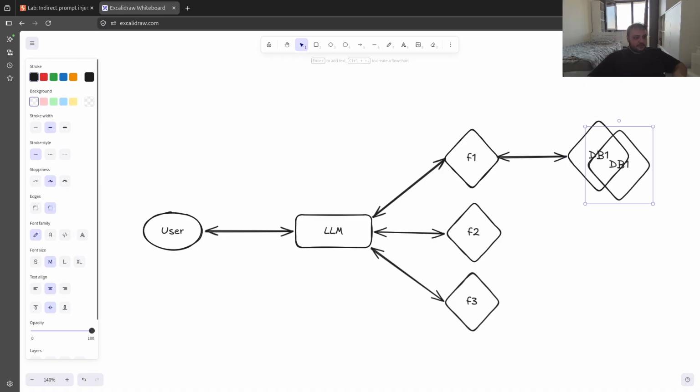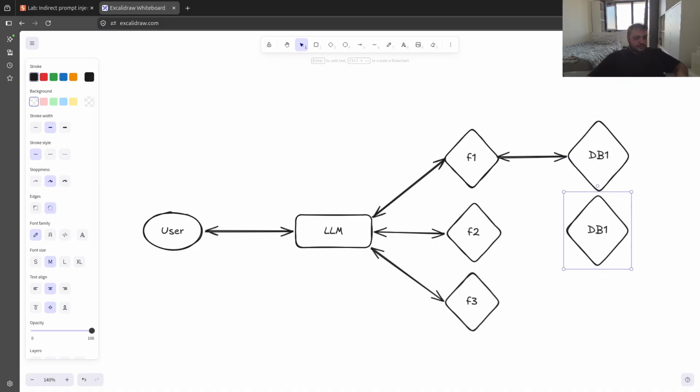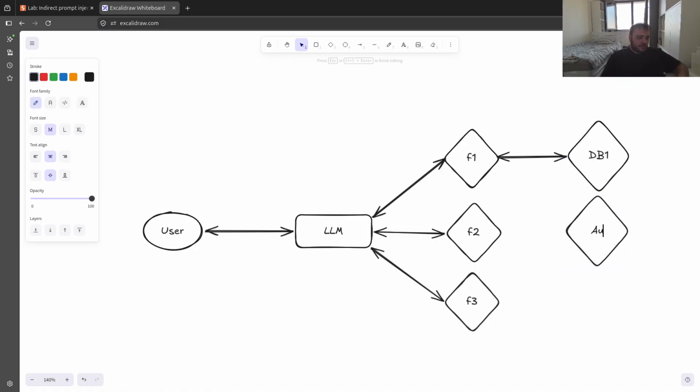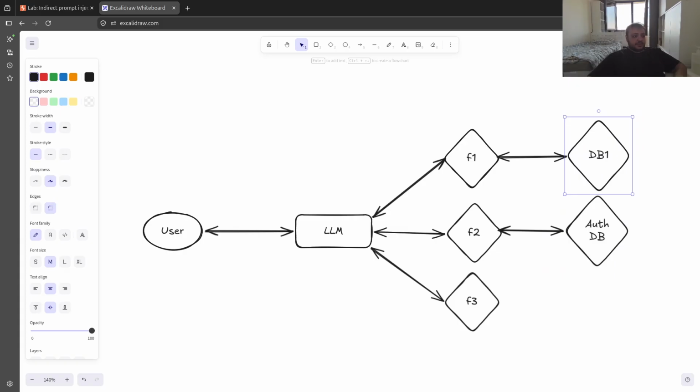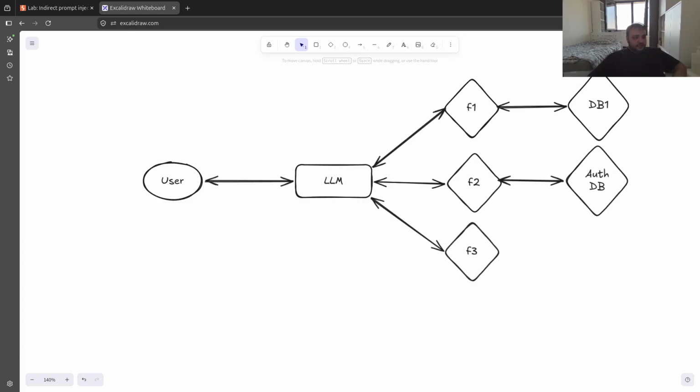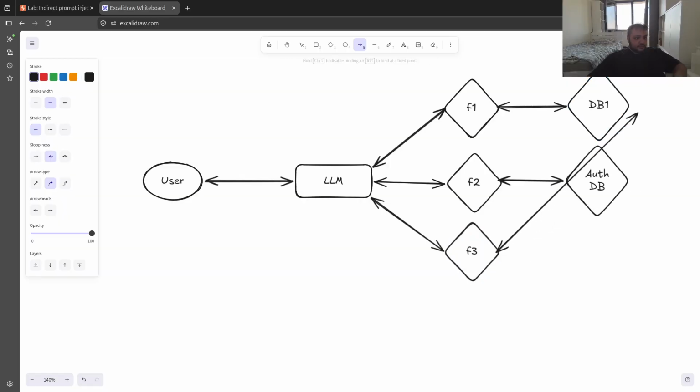And then we have our DB that, for example, helps you to delete an account or reset your password or something like that. And then you have a function three that is making a function call to